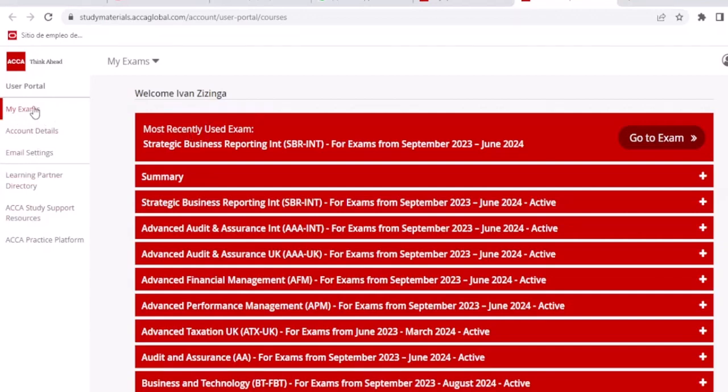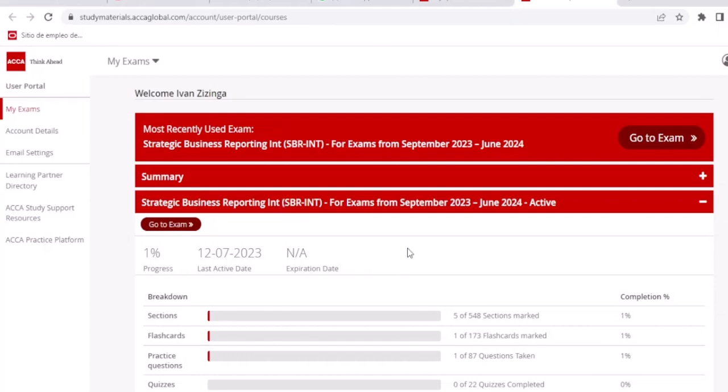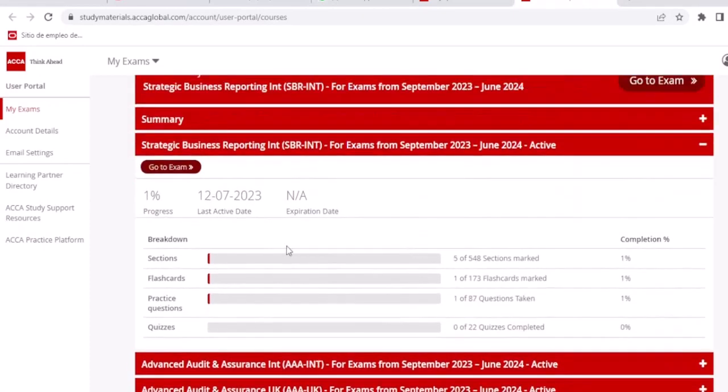So we have not yet selected an exam, which is for me, I am going to deal with strategic business reporting. But we have this SBR. We have audit and assurance, and they all have what? They all have the active period. So once I select SBR International, this comes up, and this is just a summary. So I come to go to exam. You see I selected SBR, then go to exam. Once you go to exam,